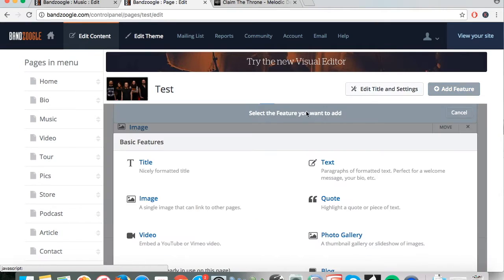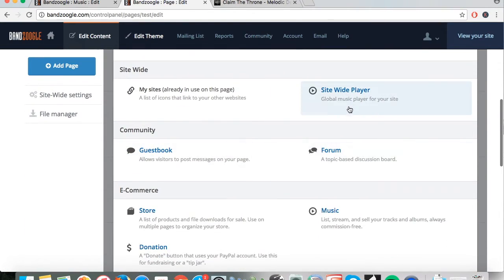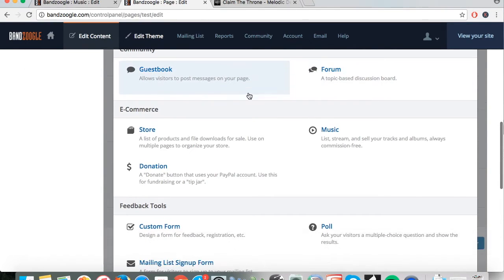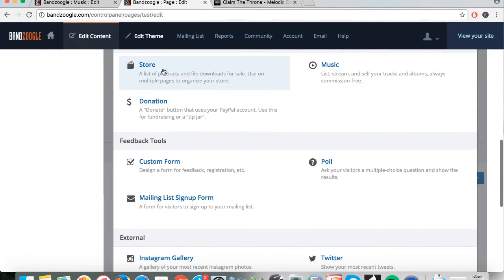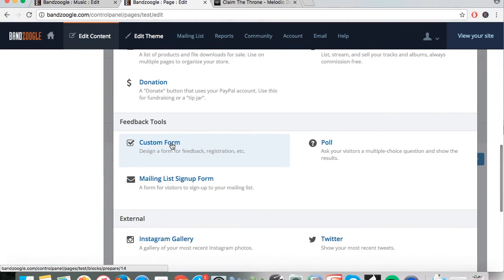Just the last look at the features, any other examples of things you might be able to use. There's a site-wide player, so if they go to your main website, the song will just start, and then whatever pages they scroll through, that song will keep playing. You can put in a guest book or forum to get a bit of a community happening with all your fans. Your web store, like I said, I might do that in a separate video, where you can sell things directly from there, so you don't need to go getting a separate web store. You can just do it all within Bandzoogle. There's forms, that will just say people can leave a message for you. It goes straight to your email, polls,